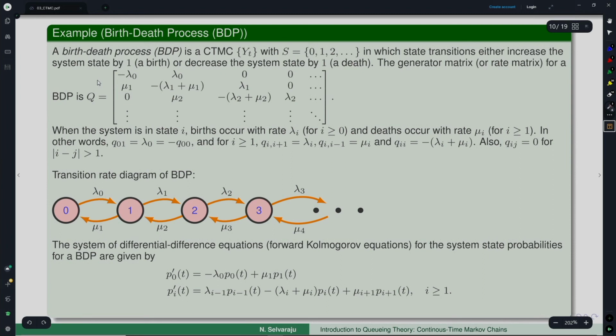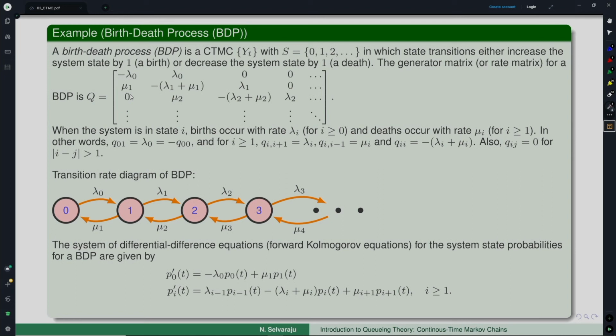So, this means that when it is in state 0, with a birth it can go to state 1. If it is a population, depending upon the context, we have to interpret what we mean by birth here. If 0 is the number of entities in this population, then with 0 elements or 0 species, you will not be able to generate any new species. So, it has to be looked at a little carefully; in that case this would mean something like immigration.